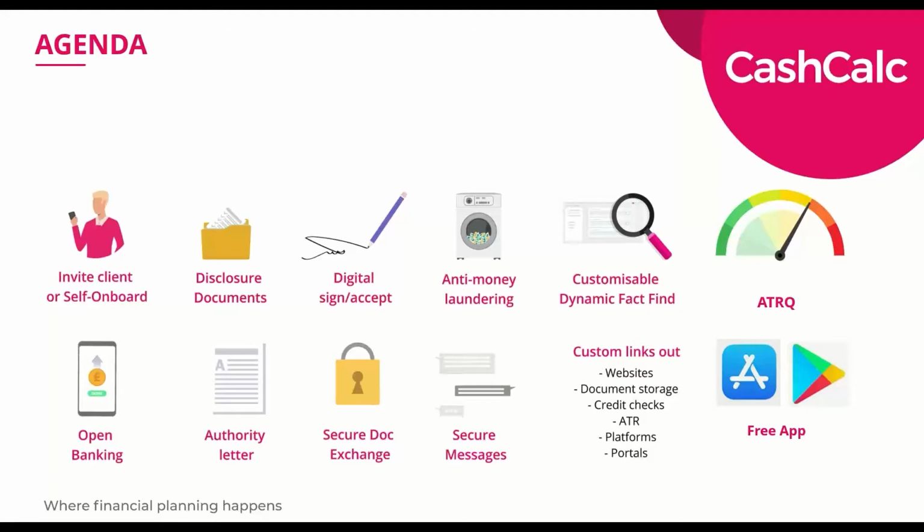An important part of the onboarding process now is anti-money laundering. And of course, the main thing that you and I do every day of the week, which is fact-finding. Moving on then, you've got to do an attitude risk questionnaire. Well, you don't have to actually, you just have to assess your client's risk, but in our profession now, we seem to use questionnaires quite a lot. So we're going to look at all of these things, and I'll touch on open banking and letters of authority,